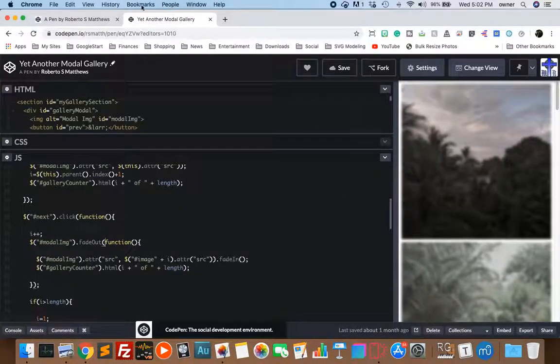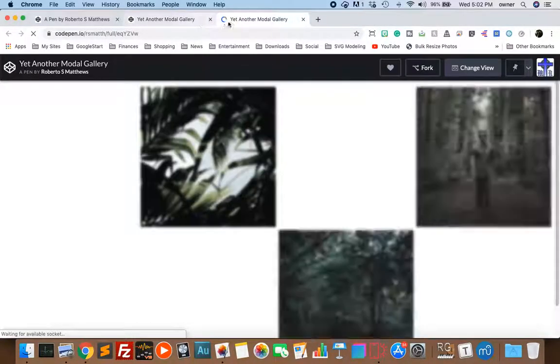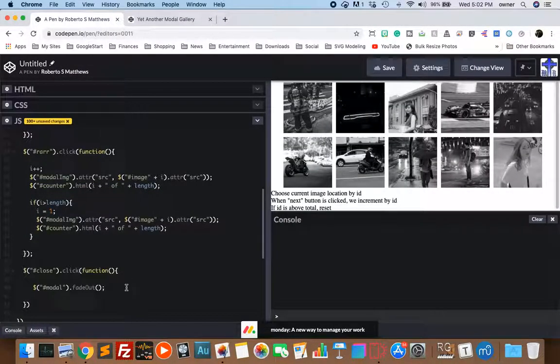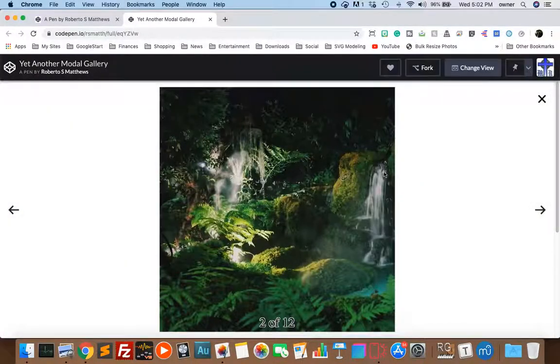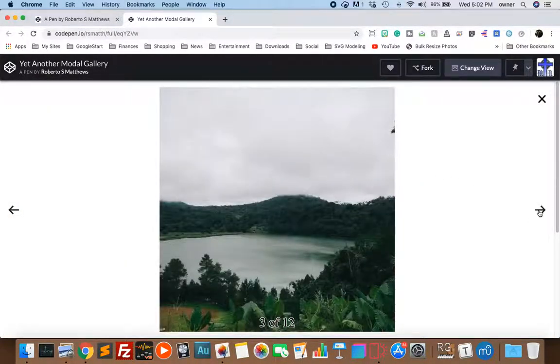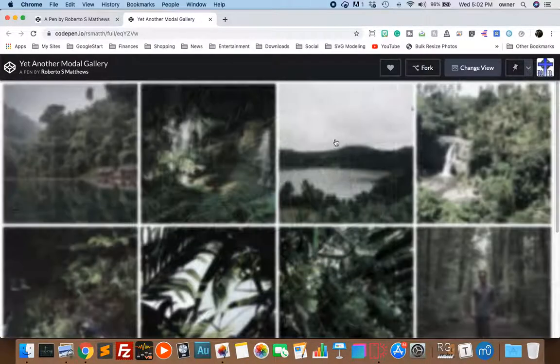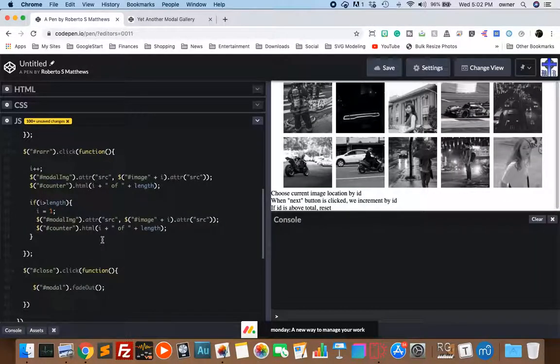Now, there is one thing that is missing. When we do the next one, it fades out and then fades in. So that's a nice little transition that I like. So in order to do that, you might think that you just press here. Let's see here. When we do this, we just say